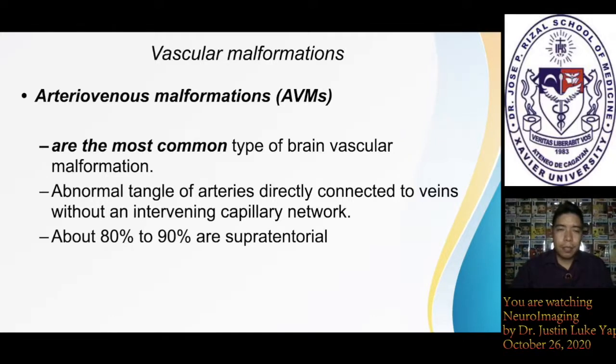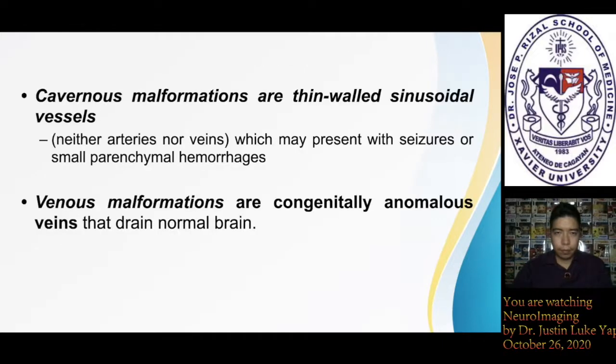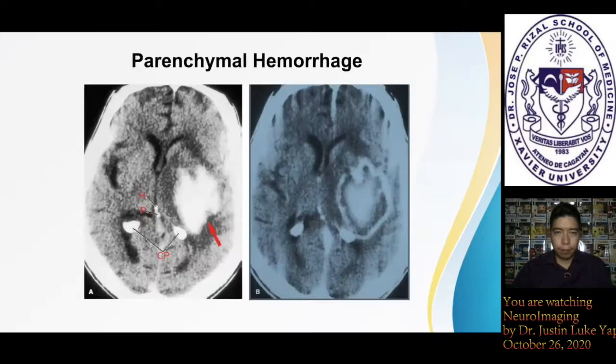For AVMs, these are the most common type of brain vascular malformation. Usually the location is supratentorial, so that's another clue for AVMs. Now for hemorrhages, this is an example of a hemorrhage involving the basal ganglia in the left. Again, try not to mistake the calcifications in the choroid plexus for